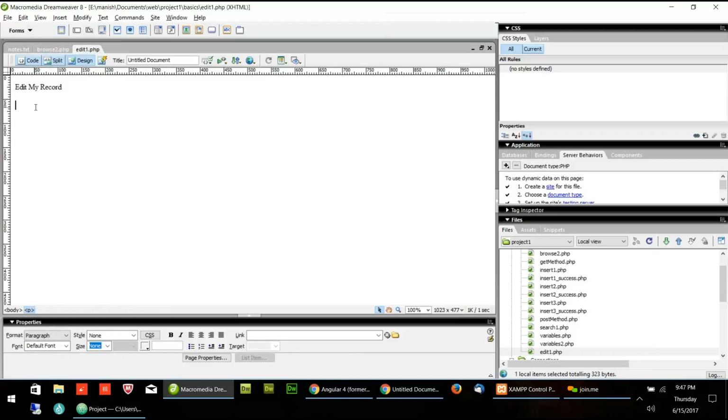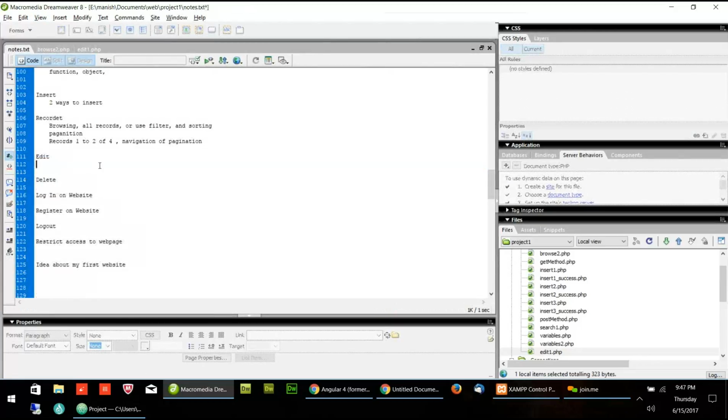So how to do this? I will write down the steps. First step in the edit, Step 1. Create a new page called edit1.php. You can name it anything. Then what is the second step?